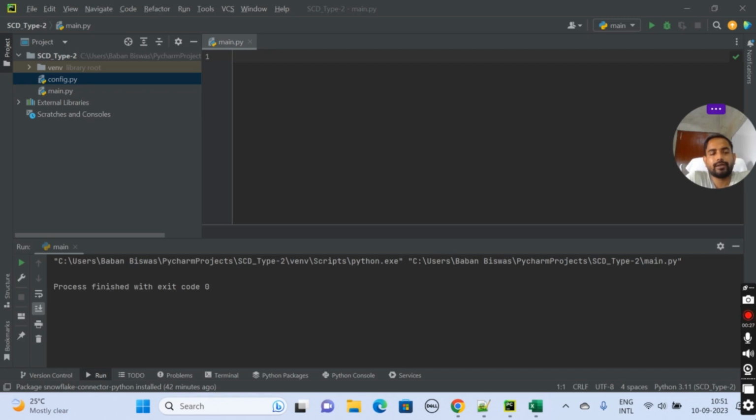Suppose you are going to a retail store and you are buying some clothes. The clothes have some price. The price is a measurable quantity. Suppose it's $10. So that $10 should be placed or loaded into the fact table, and so should whatever other information about your purchase. Suppose you have bought those clothes for $10.